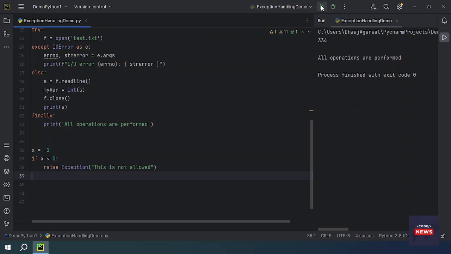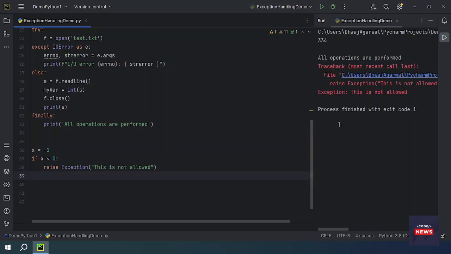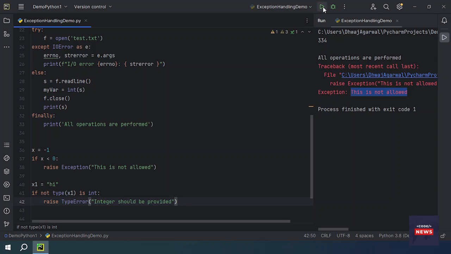If you run the program, let's run the program. You see, an exception is raised. This is an Exception type class and the message which we have printed right here. This is not allowed. If you want to raise a specific type of exception, this is also possible. Let's say you have x1 equals "hi", then you can check if not isinstance int. If it is not int, then we can raise a TypeError exception. Okay, if you run the program,